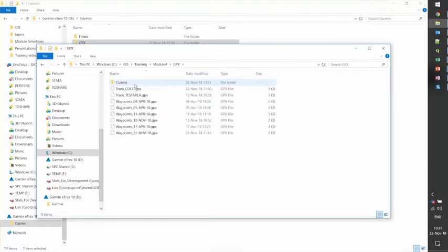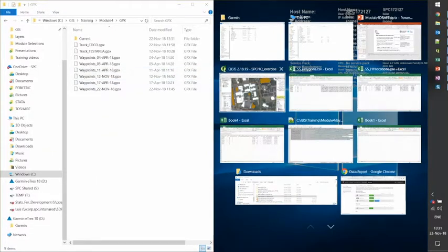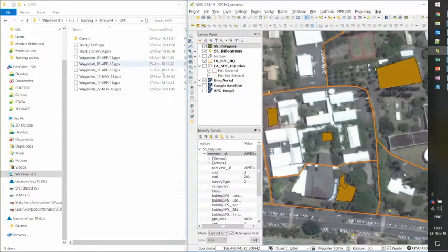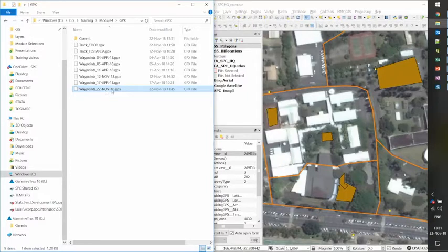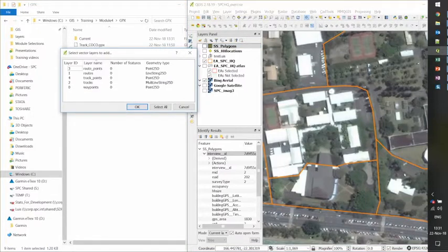Okay. So here in GPX, I have other registries from the 17th of April and the 12th of November. So I'm just going to select the GPX file from the 22nd of November. And as I explained on Monday in the first module, we just need to drag the file into the QGIS interface. So here, what we are going to select is the waypoints